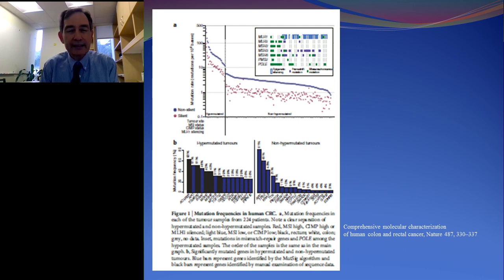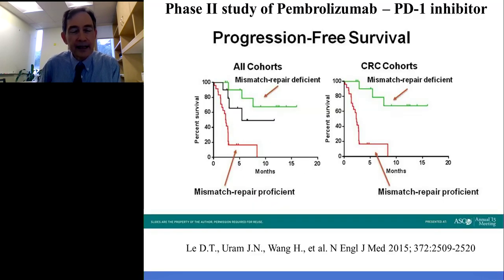There is a set of mutations with very high mutation load. These individuals often have germline mutations in one of the DNA mismatch repair genes that make them more susceptible to developing many, many more mutations. And on this next slide, we're showing you results of a landmark study that showed that those patients, overall, colon cancer did not respond to pembrolizumab, which is a PD-1 inhibitor. It's also known as Keytruda in the U.S.